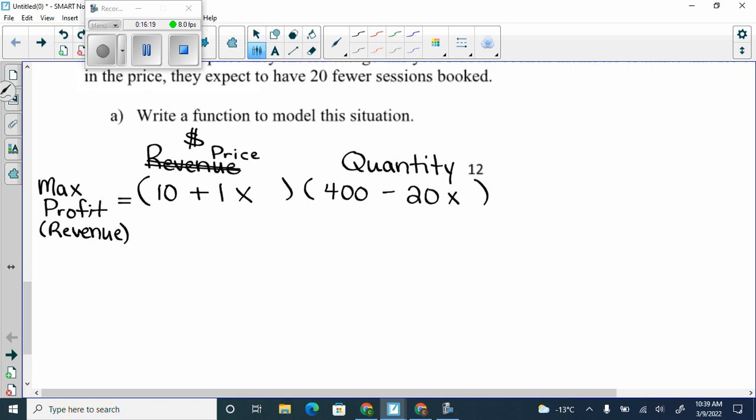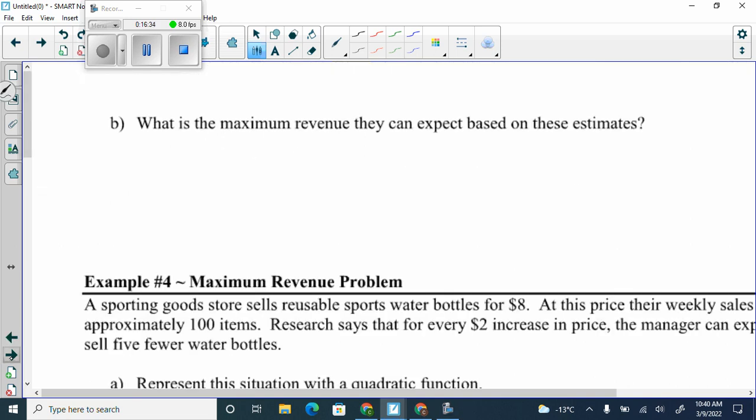Right? So let's try that out. So that's going to be our first step. Our first step is to make up the equation. And then our second step is going to actually be to complete the square, which we're going to flip over. You're going to flip over, because on the next page it asks you to do it. So we're going to flip over to that new page. So it says, what is the maximum revenue? So this is where it's actually asking us to do the work, right? So our formula, our profit, our max revenue in this case, because that's what it's asking us for, is going to be equal to